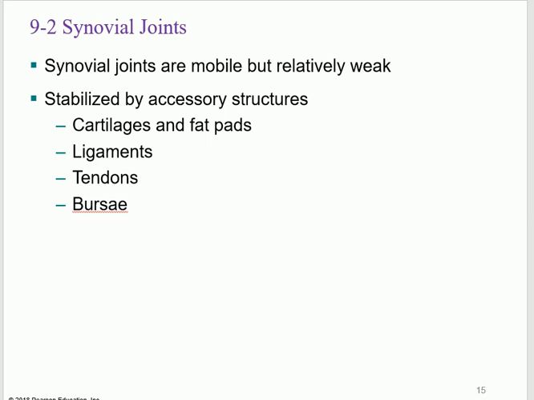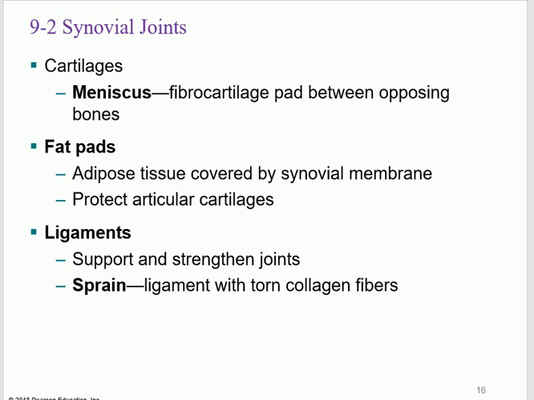For stabilization, we have all of these cartilages, bursae, tendons, ligaments, and fat pads that I showed you. Menisci is a fibrocartilage specifically. Remember, we talked about the different types of cartilages. This one is fibrocartilage in between the two bones. It's not just those articular bones. This is extra. You also have fat pads, and this is for absorption of shock, act as a cushion, ligaments to strengthen the joints. And we have different ligaments that we will need to know.